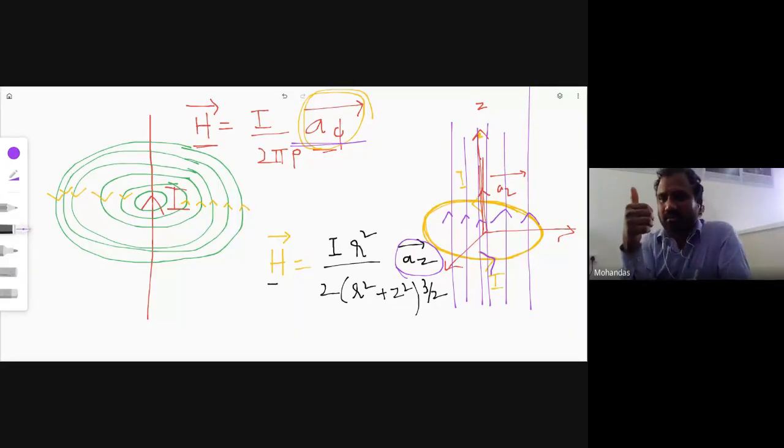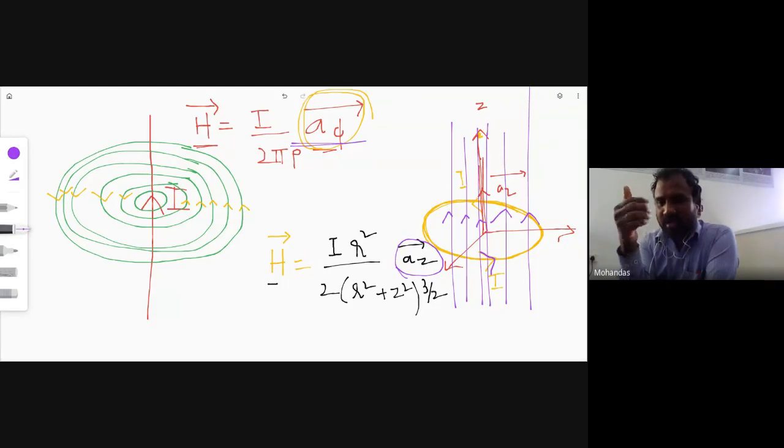See here. Can you see this thumb here, everybody? Everybody look at me. These four fingers point in the direction of the current. And what does the thumb show here? What does the direction of the thumb give in this case? Flux. What is the direction of the field intensity in the circular loop? In the direction of AZ.